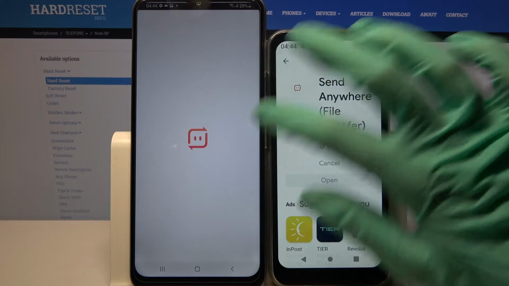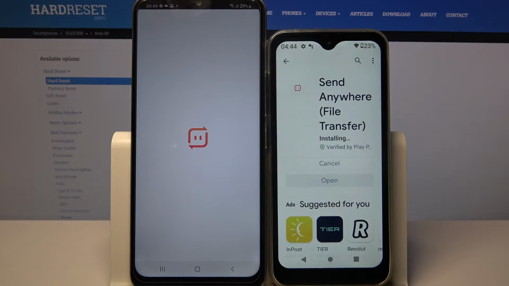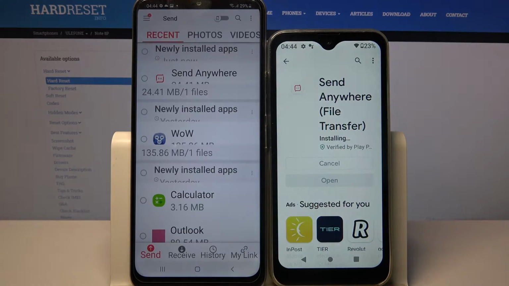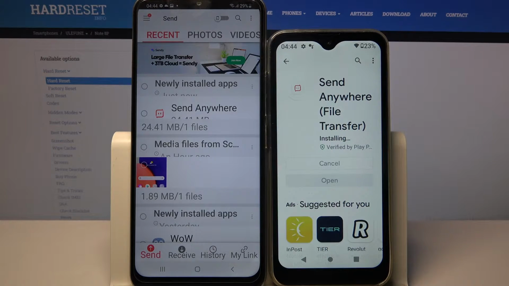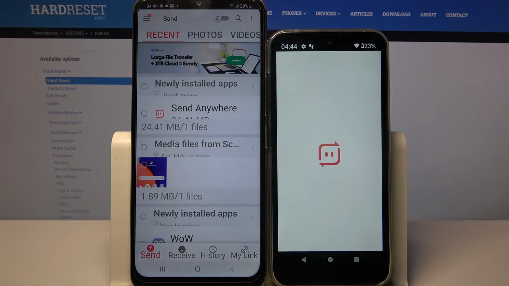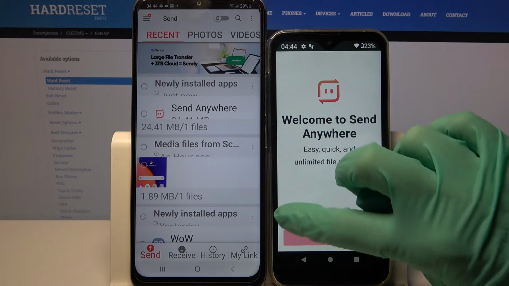Then open it, choose I accept, confirm, continue and allow. Now we have to wait for this one to download and do the same. So I accept,